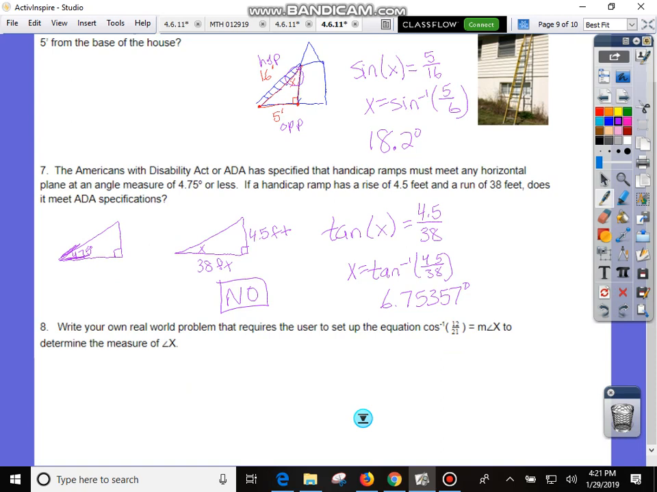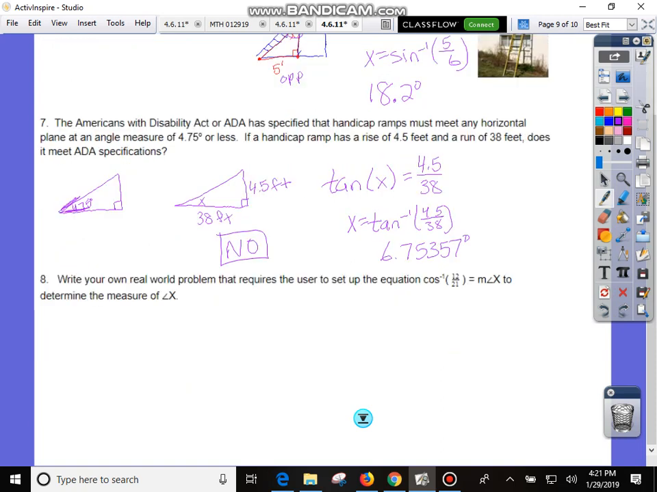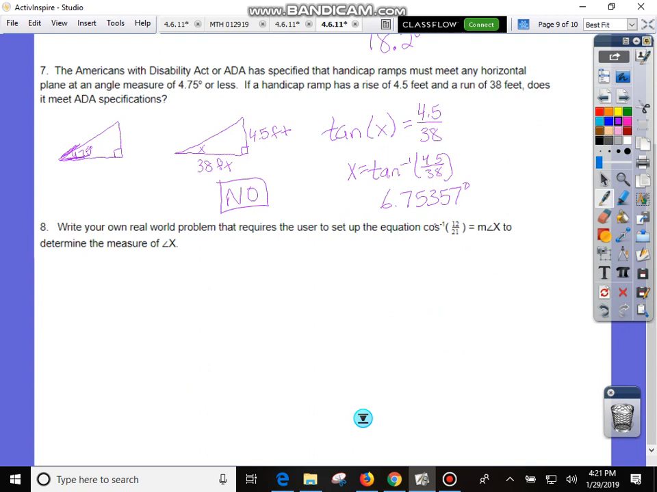The last question on here, number 8, write your own real world problem that requires the user to set up an equation, the inverse cosine of 12 over 21 equal to the measure of angle X. So there's a lot of things that you can do in this one. My example, and you can make your own example here. Essentially I'm going to draw the picture and then think about the problem. If I want to make this X, so that the measure of angle X is there, the inverse cosine, I can flip this to say that the cosine of X is equal to 12 over 21. So the cosine of X is adjacent over hypotenuse. So this is adjacent and this is hypotenuse. So my adjacent is